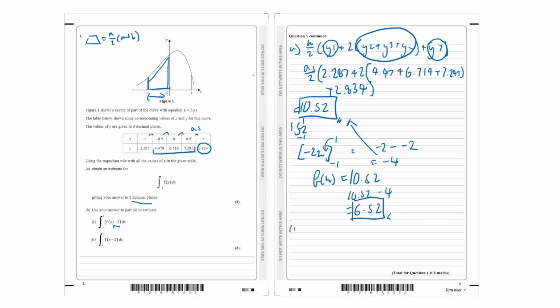Now, for the second one, the integral of f of x minus 2 from 3 to 1. x minus 2 simply moves the curve along the x-axis. So, for example, if I have this curve with this area, and I move it across the x-axis to here, the area will stay the same. So our answer is simply the integral of f of x, which is